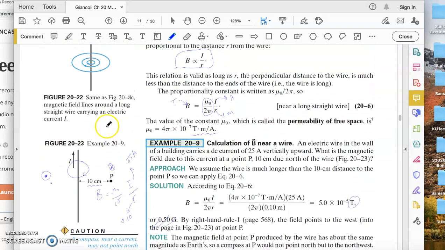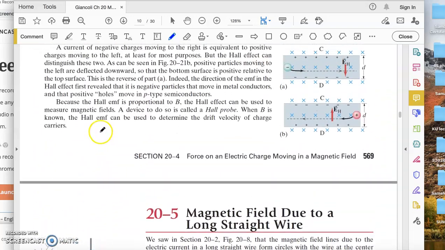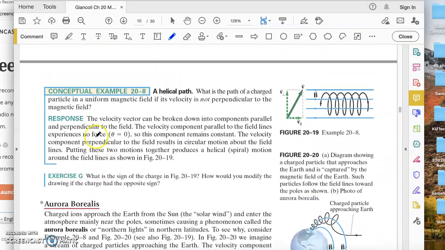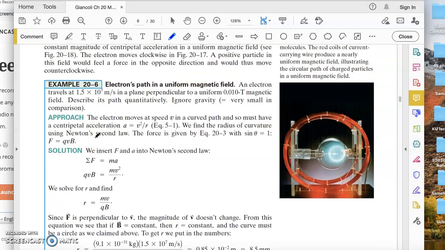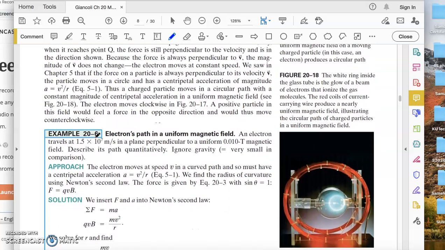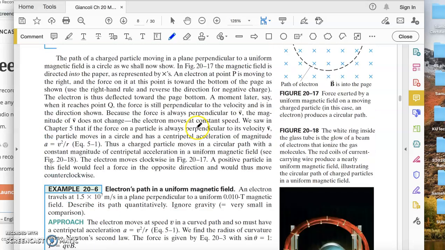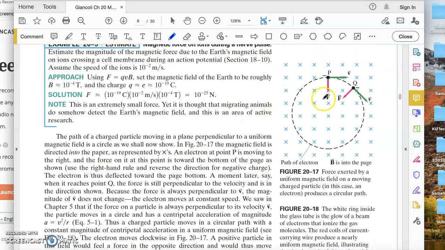All right. Now I want to go back before to 20.1. There is one example I would like to discuss, a very interesting example. Actually, it merged physics 1 and physics 2. Let's see what I am talking about. It says electron's path in a uniform magnetic field. Now guys, if you remember this, exactly this picture,